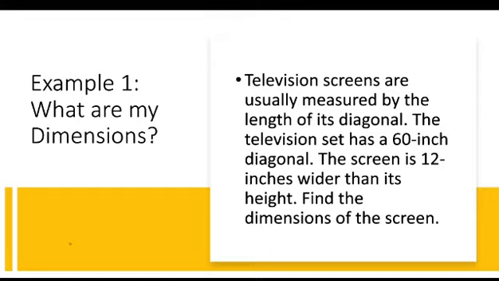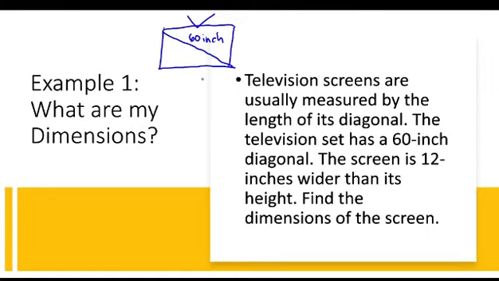So if we are going to draw this, let's say for example, we're going to represent the television here as a rectangular shape. Okay, so this can be a television. Okay, so the television set has a 60-inch diagonal. Okay, so we are talking about the connection between this opposite vertex. So this is 60